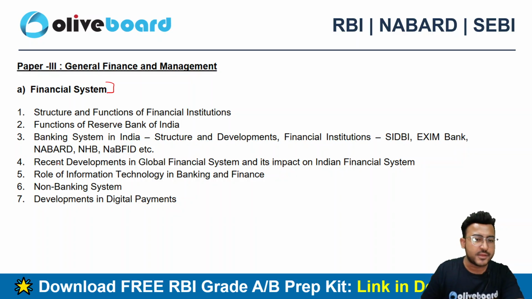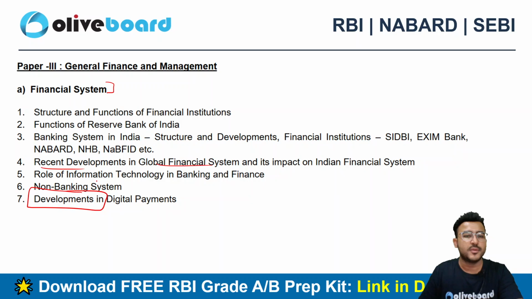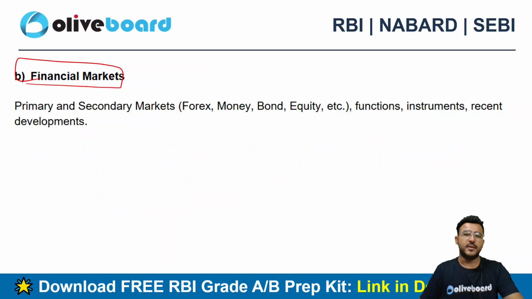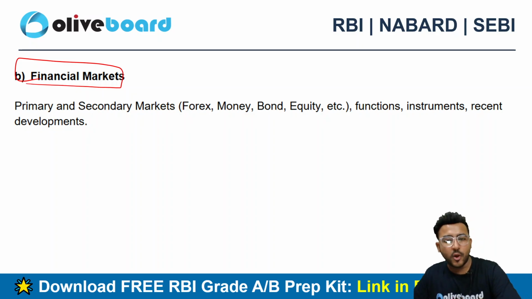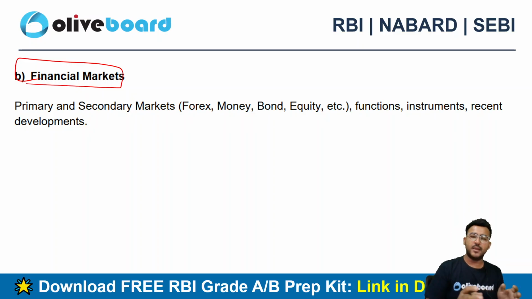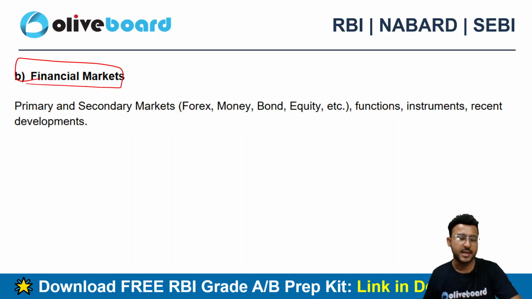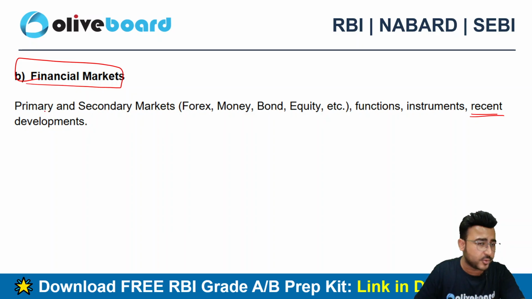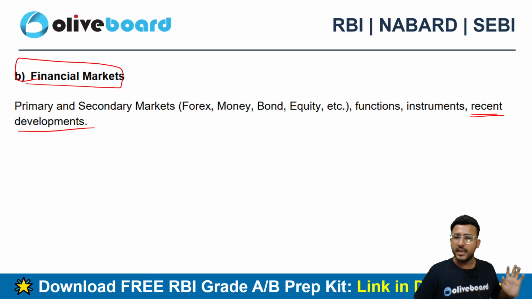You can see that everywhere they have written developments in digital payments and recent developments in the global financial system, right? So I can say that it's a mix of both your static portion and the dynamic portion. So you have to always think from the descriptive angle plus the dynamic angle as well. Finance is 50% static, 50% dynamic. However, in the recent trends, we can see that they are asking a lot of questions from the dynamic finance as well. So please do have a good understanding at every topic. In every topic, you can see that recent developments are clearly mentioned.